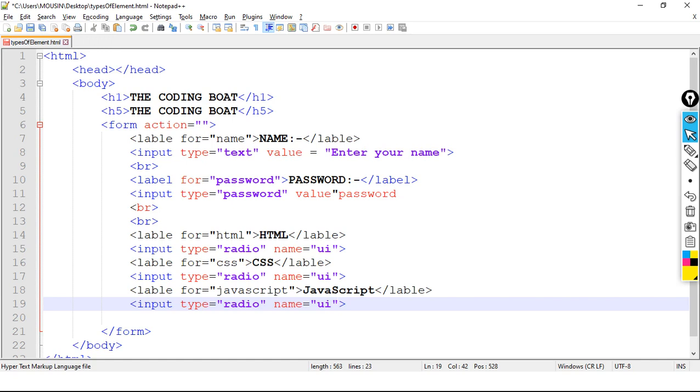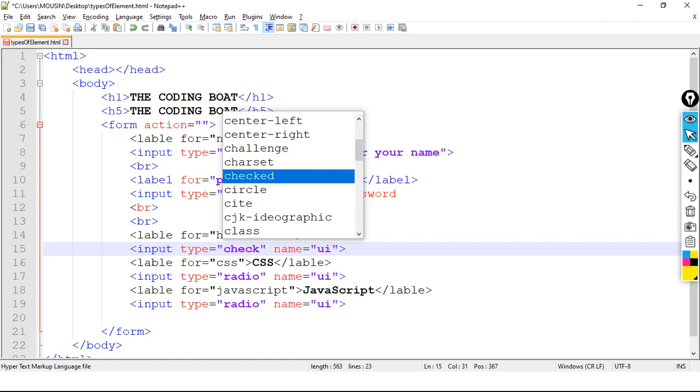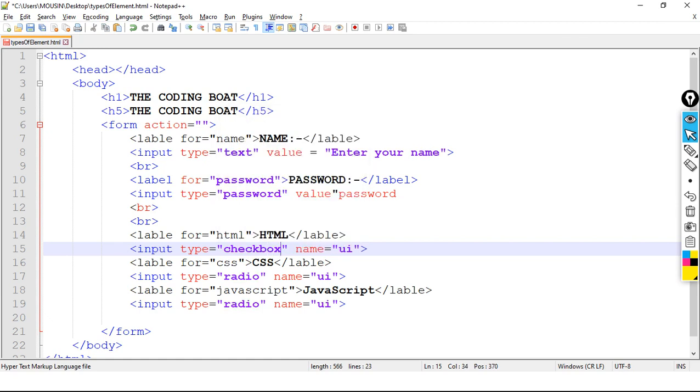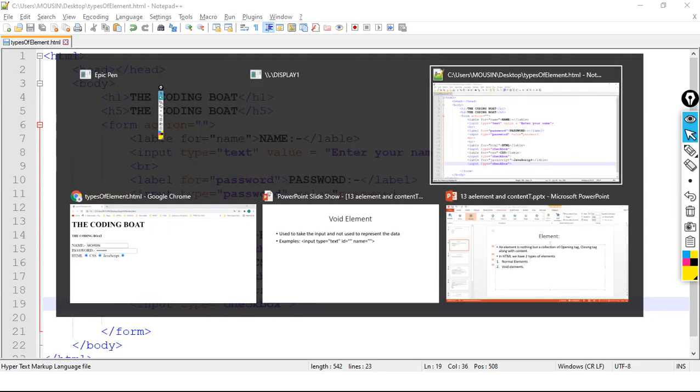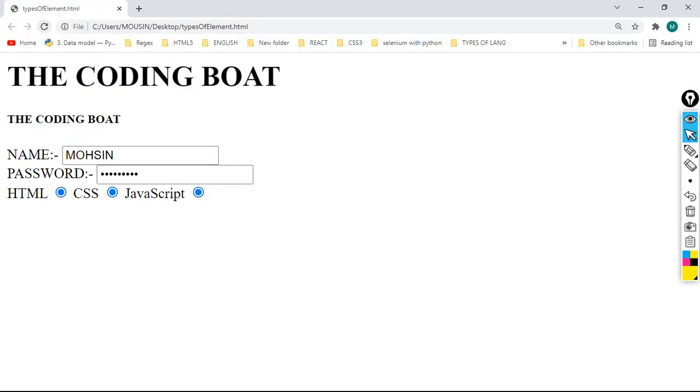Now suppose I want to select all three, then what will I have to do? I will have to change the type to checkbox. Just save the code, refresh the web page.